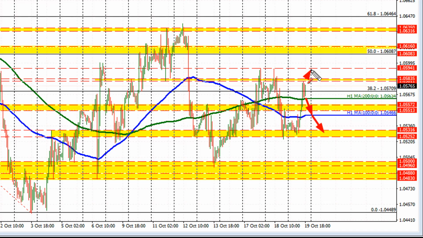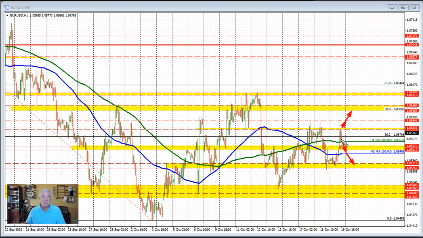So this is a progression on the top side. This is a progression on the downside. In between, we're sitting between the swing area and the 200-hour moving average. Currently at the moment, waiting for the next shove, waiting for the chair's comments.